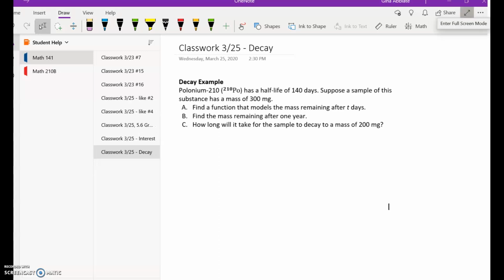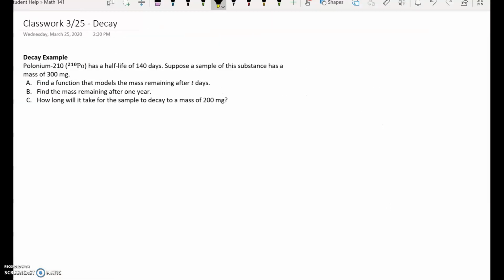Hello class, this is the last example for March 25th, and this will be exponential decay. We are still using the same model that we used from the questions before. The only difference is that now we have a negative exponent